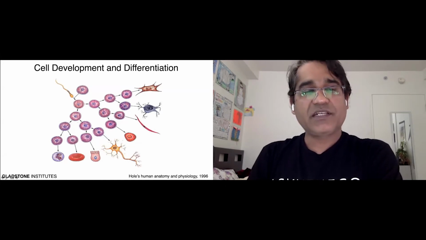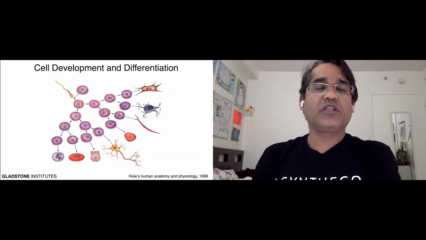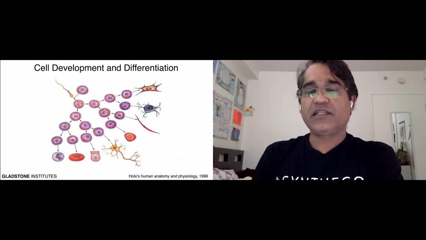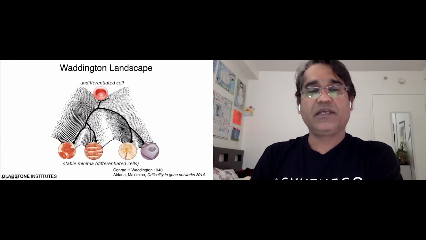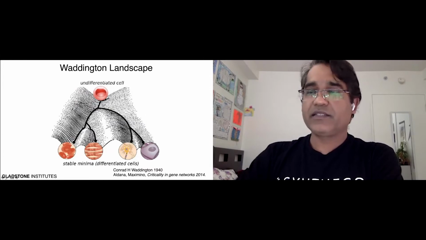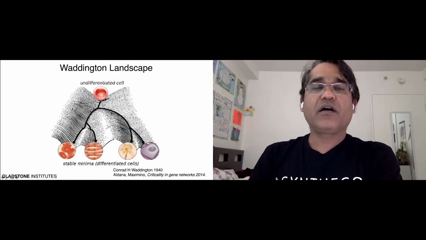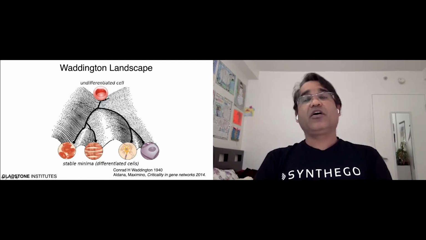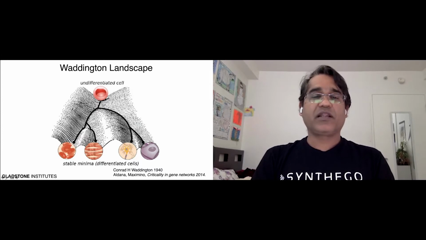As cells differentiate, they increasingly lose potential to go to other lineages, and they restrict themselves to a particular multipotent and then finally unipotent cell types. This is beautifully explained in this Waddington diagram, where on the top of the landscape is an undifferentiated cell, and as it differentiates, it takes these canals, encountering bifurcations, and takes a particular canal and forms terminal cell types like blood or heart or